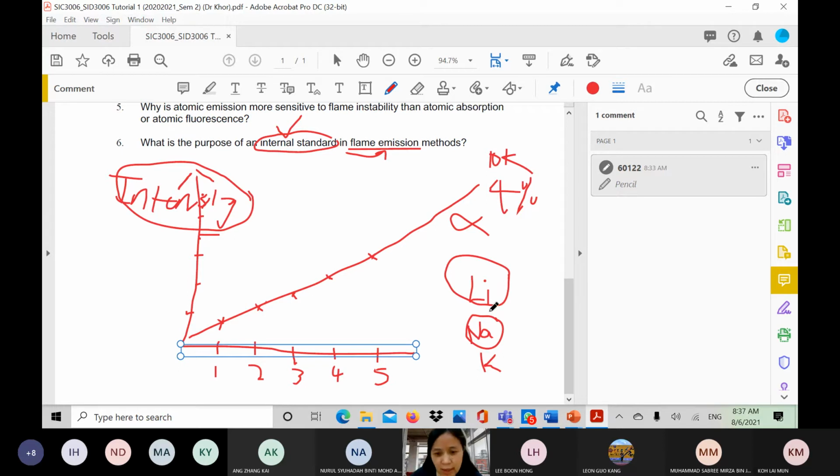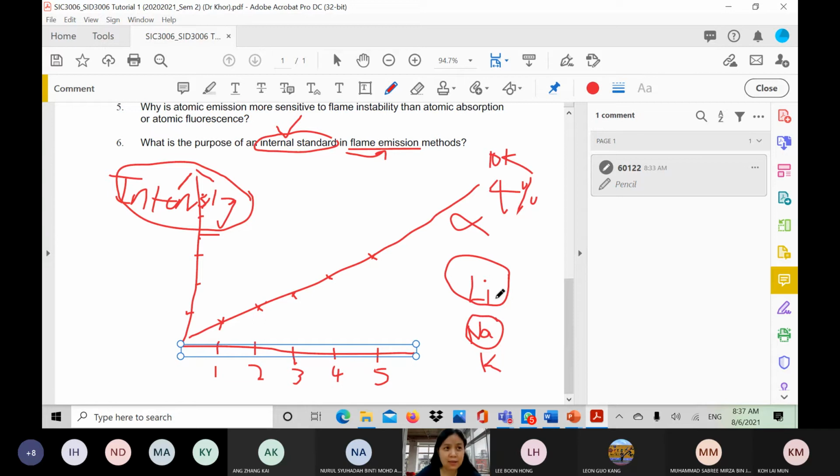So it has two impacts. So how can we relate this sodium and lithium? Because we know that the impacts of all these changes are temperature change, gas flow change, and also the aspiration rate change. So how to relate these two? It will have an impact, right? So how can we link between these two, the target and also the internal standard? Link them together so that whatever changes, we know that it comes from